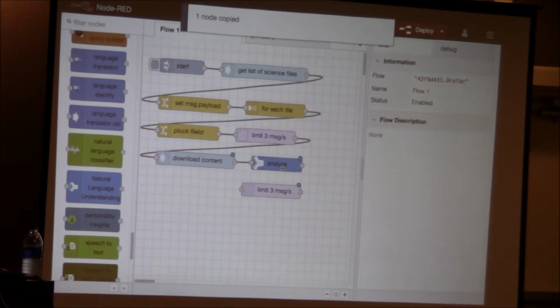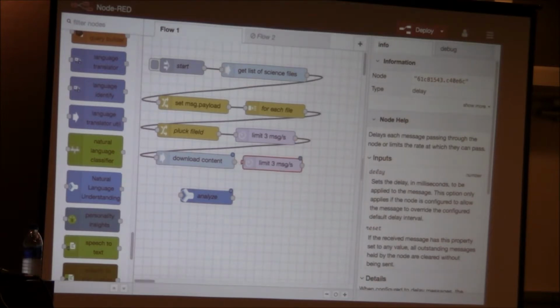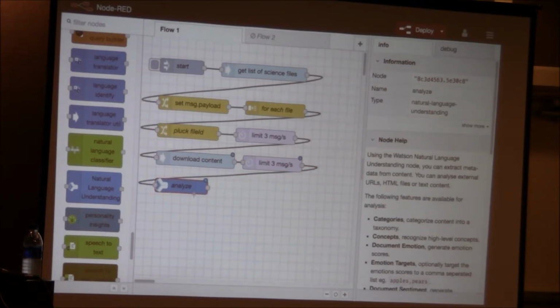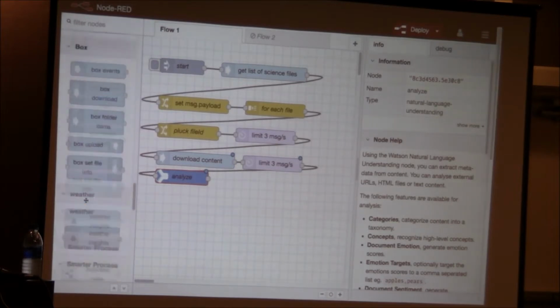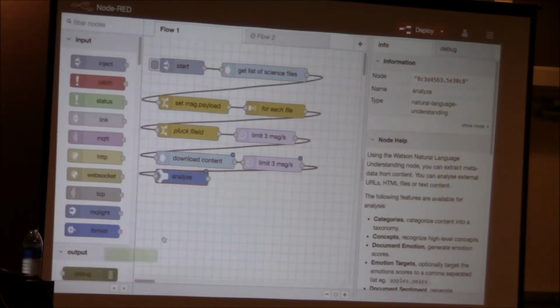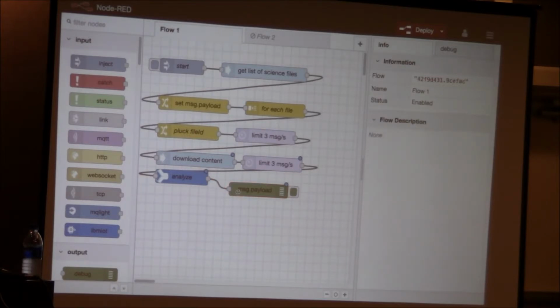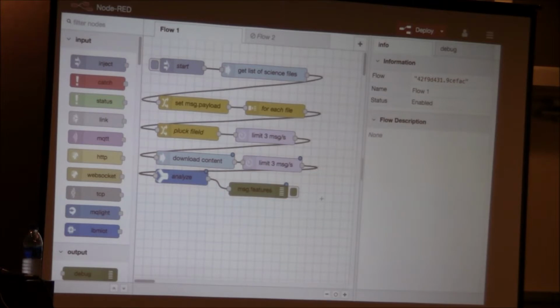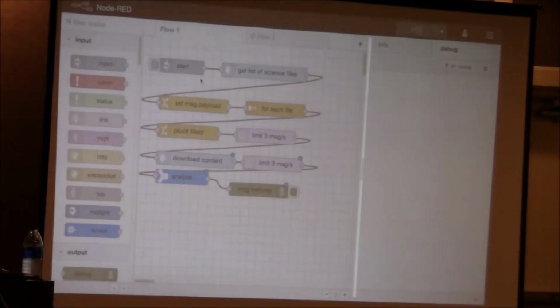So I'm going to add another rate limiter in here, just to be kind. And so then we are going to ask for the analysis of this content, 5 files that we download. And so this is going to come in the features property, and debug, deploy this, and start it. Once it deploys,